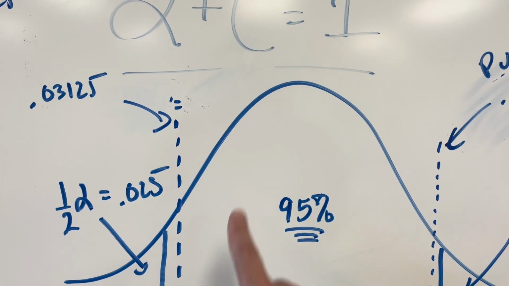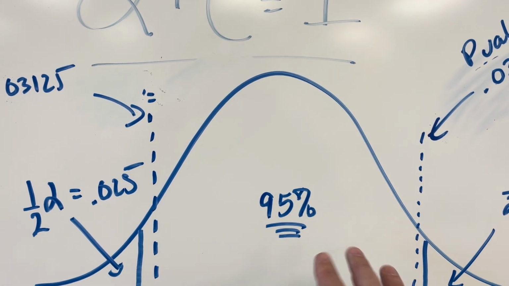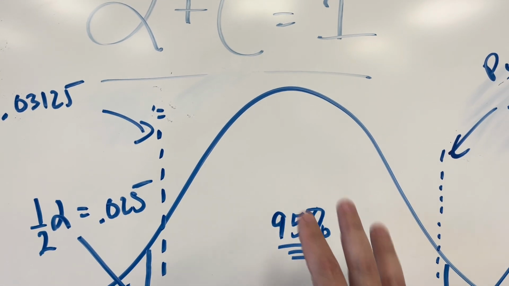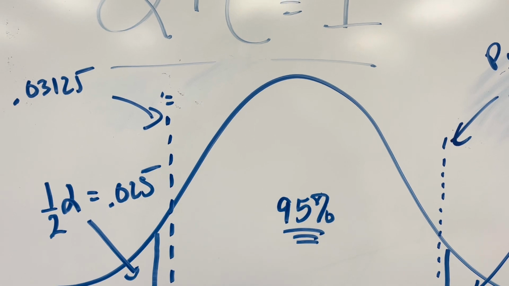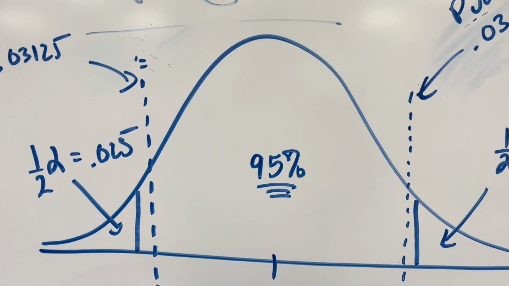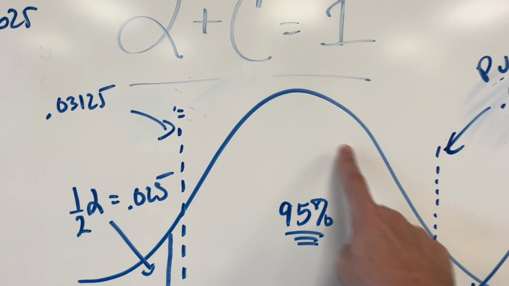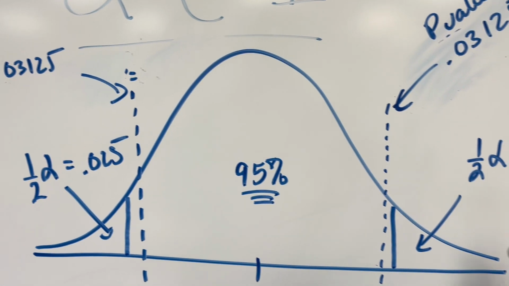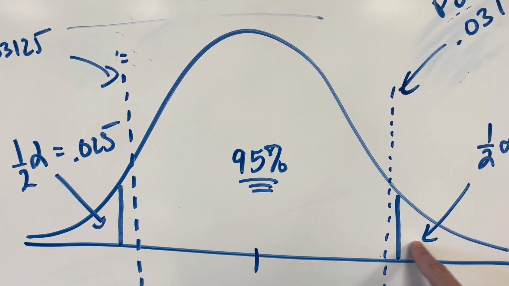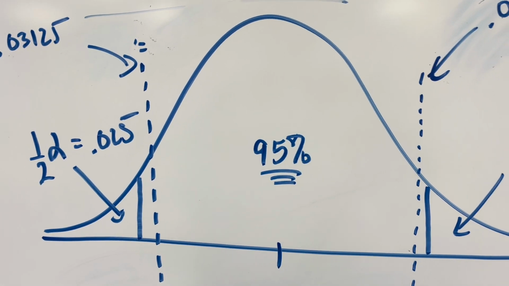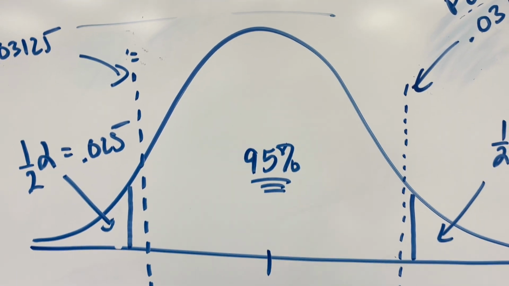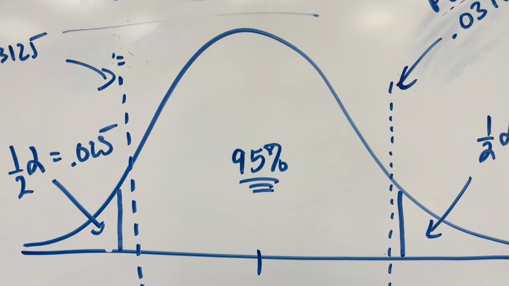So if we're talking about the 95% confidence interval, 95% of what we're dealing with is a distance when we talk about confidence levels. But you can start to think about it from the perspective of, well, if 95% is in the middle, then 5% is shared in the two tails. So this spot from here out is 0.025, and this spot from here out is 0.025. Well, it works out